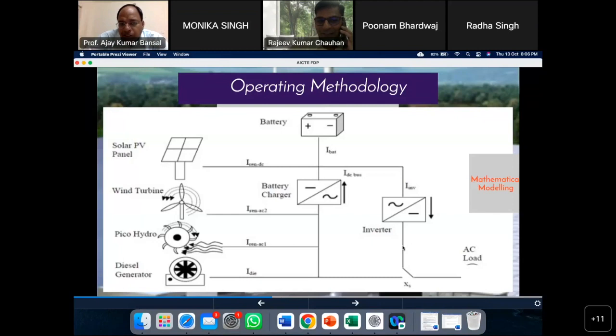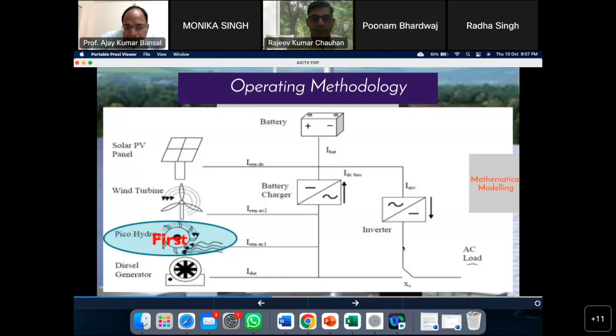Now the operating methodology, how we will be operating. Operating will depend on the cost of energy generation by the individual components. It can be easily understood that solar PV panel energy generation will be economical as compared to wind turbine generation. So when we talk about this kind of philosophy of how we will be operating, first the hydropower plant will be turned on whenever there is a requirement to supply electricity. So pico hydro, on the basis of availability of water, will first supply